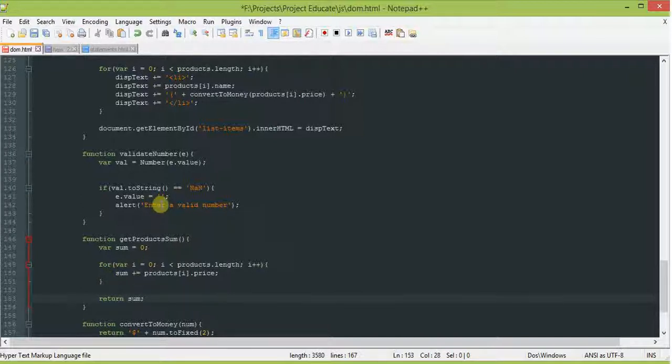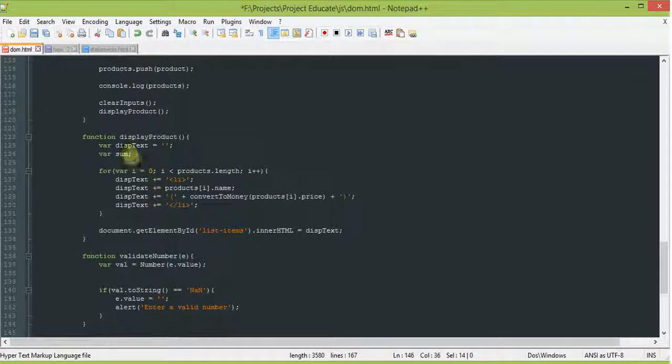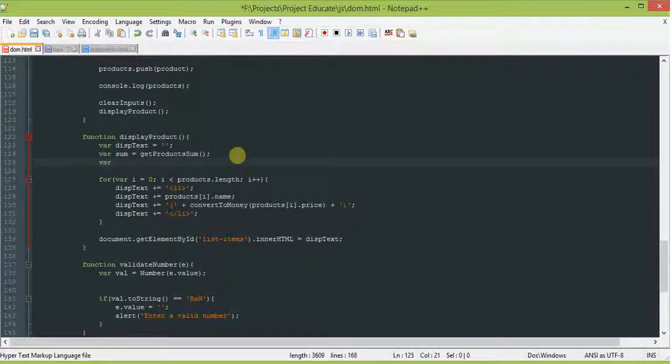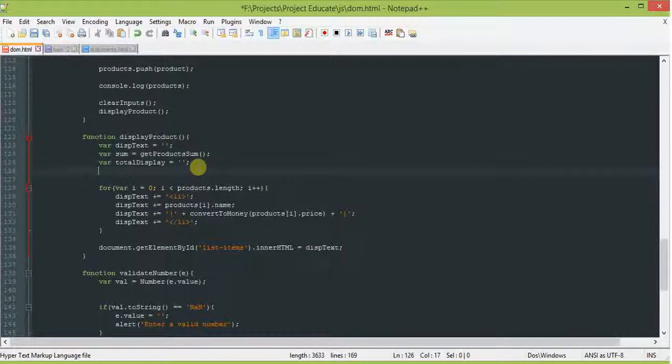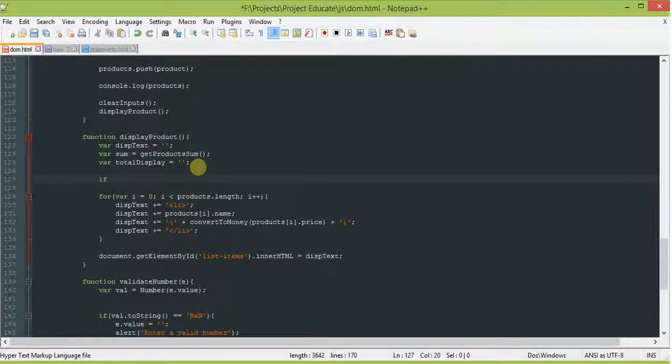So we have a sum right here. Let's go back, and I'm going to copy this getProductSum. So this gives us the sum right here. So we have the sum. The string that we're going to display, let's call it totalDisplay. This is going to display our total. And right now, let's just put an empty string there. We want to display only when the sum is greater than 0. So we can just do if sum is greater than 0,